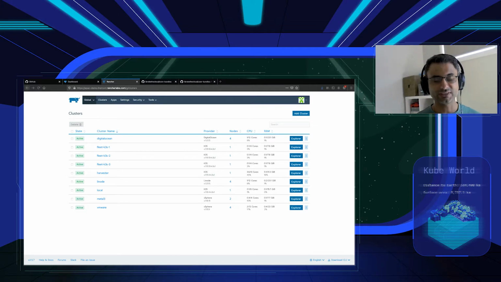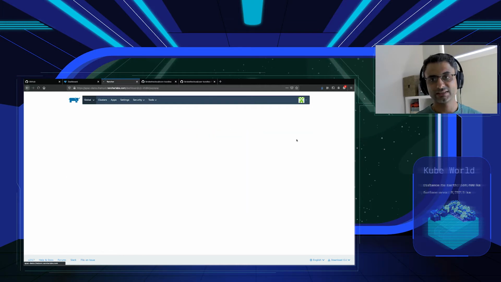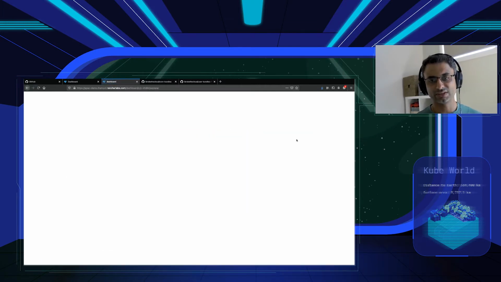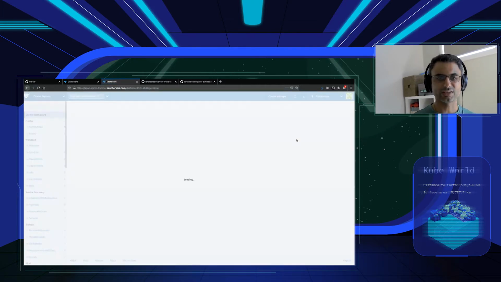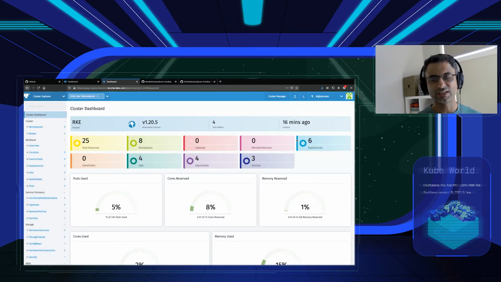As you can see, I have a Rancher instance running, which is managing a few Kubernetes clusters across different cloud providers. If I had to deploy a workload, say using Helm, I would probably just have a Helm chart packaged, and in a more traditional deployment, I would use Helm charts. So let's take you through a traditional deployment, and then we'll see how we can accomplish the same using continuous